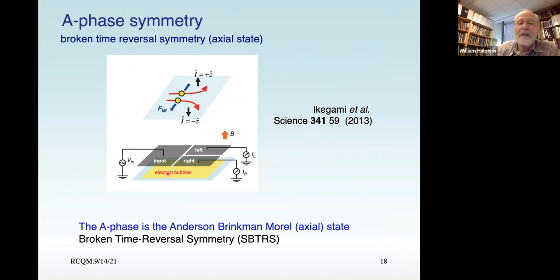Now I want you to think of the electron bubbles below the free surface of helium-3 being driven to the right by an electric field, and those bubbles are impurities. You think of them as impurities, which will have then a mobility that skews to the right or to the left, potentially, because the angular momentum is normal to that surface by